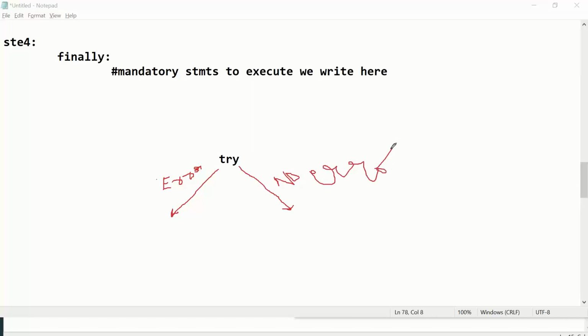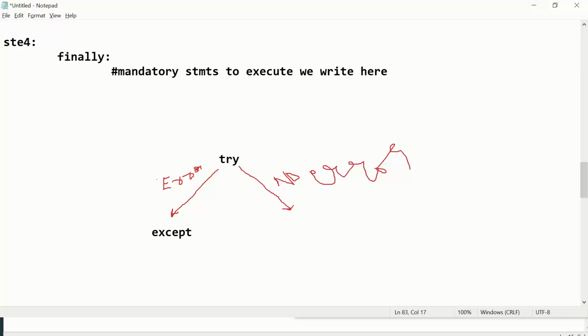Please write down this error and no error. If it is an error, it is going to except. Correct? If the try block is going to lead to an error, then it is going to except.